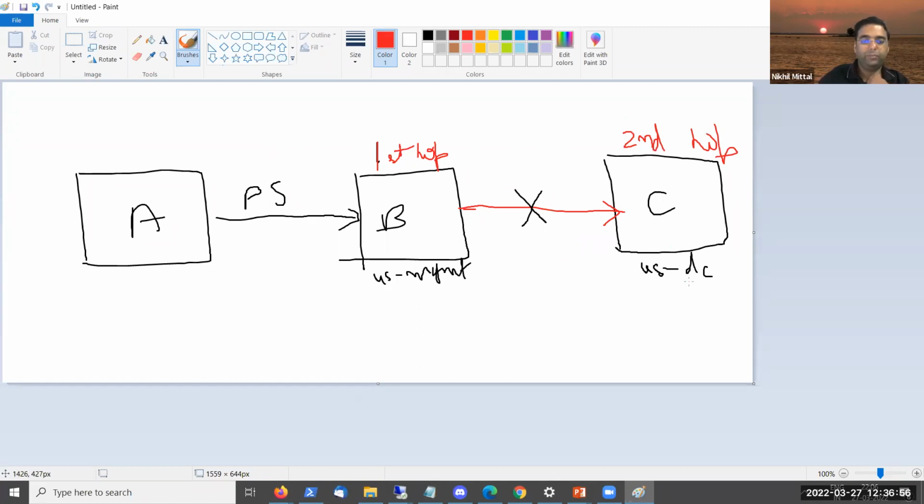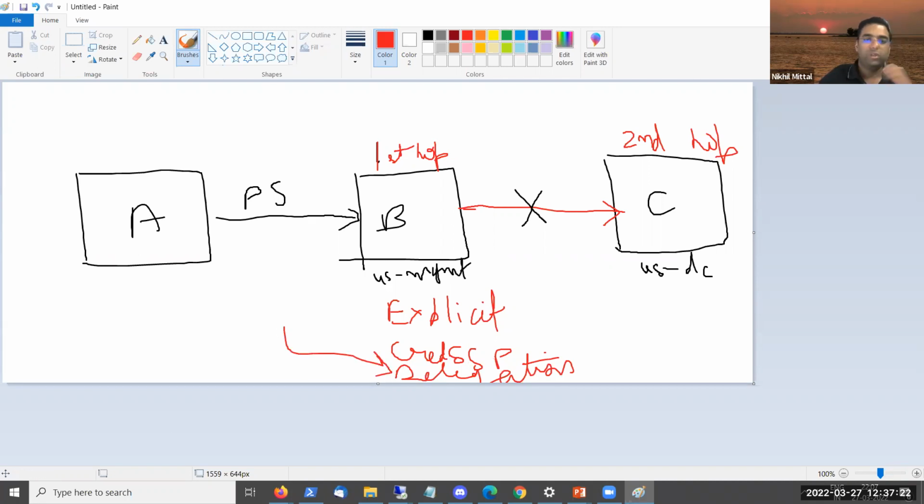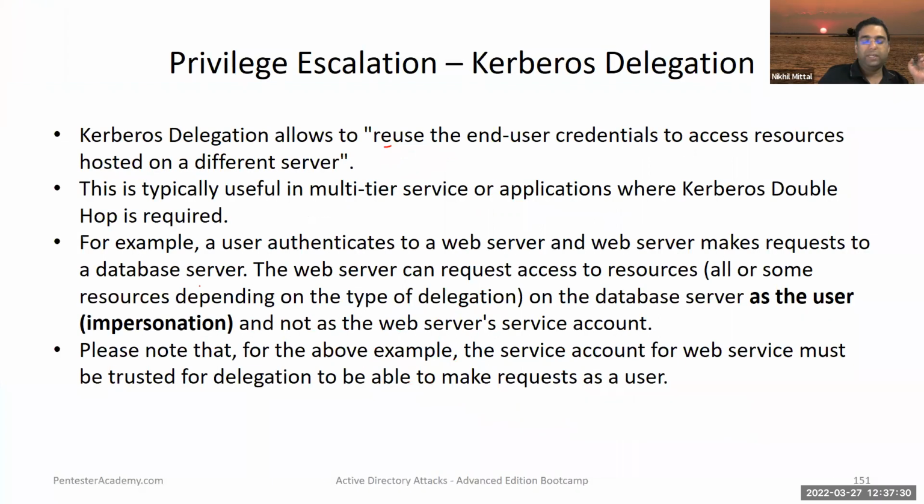How do you address this problem? Using delegation or using explicit credentials. That is, you specify clear text credentials with the request, or you can use CRED SSP. CRED SSP caches credentials in clear text, so you can use that, or delegation. Now, this is what we're going to talk about, delegation. This is something I used so that you can connect with it, the Kerberos double hop problem. But more than this, the problem that forced Microsoft's hand to introduce delegation in Server 2003